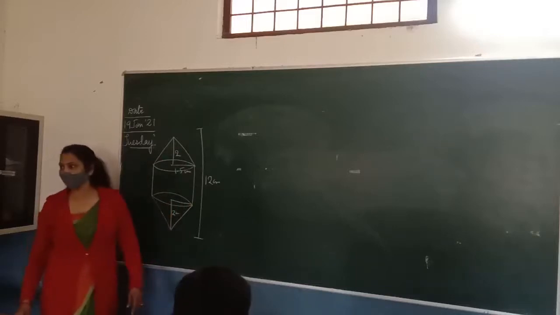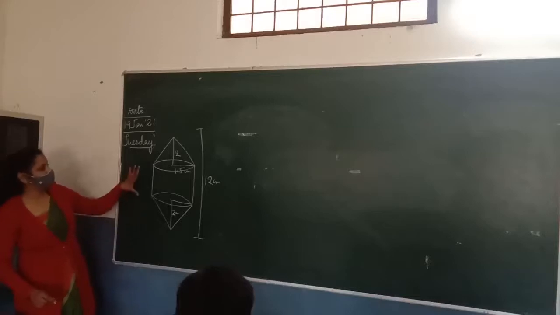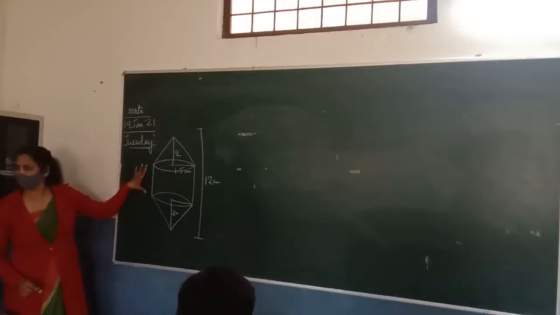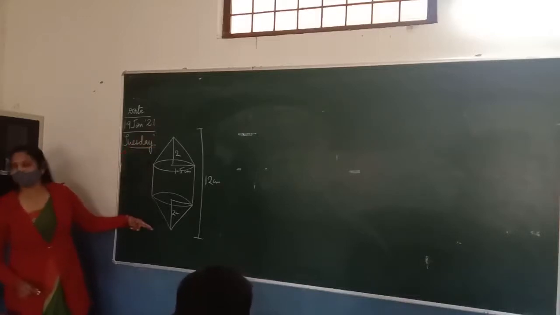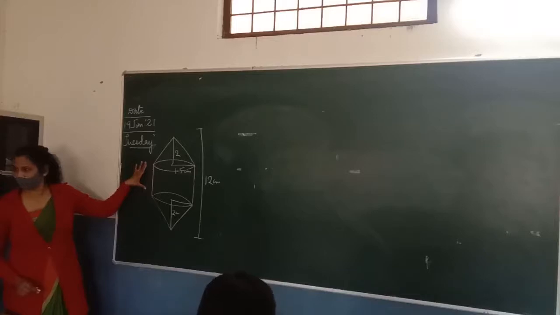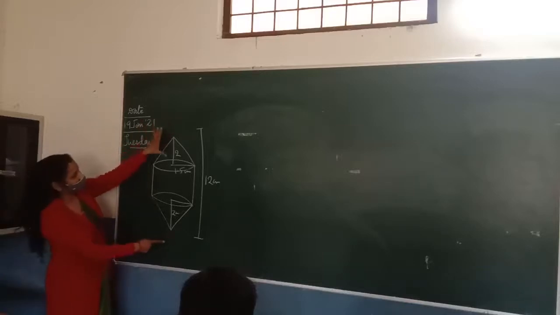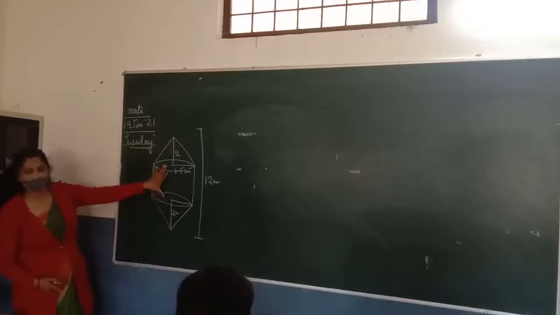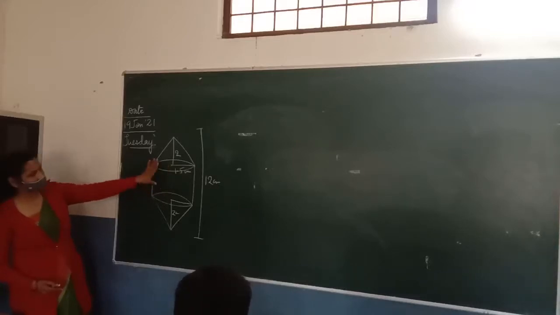Okay, thank you, Prashant. Rajat, now for this question, what is the height of the cylinder? How will you find the height of the cylinder? The whole length of this figure is 12 centimeters and the height of the conical portion is 2 centimeters. So how can you find the length of the cylindrical portion? You have the whole length, and you have these two lengths. How can you find the length of the cylindrical portion? Think, look at the figure and tell me.